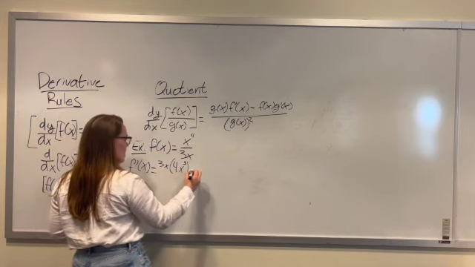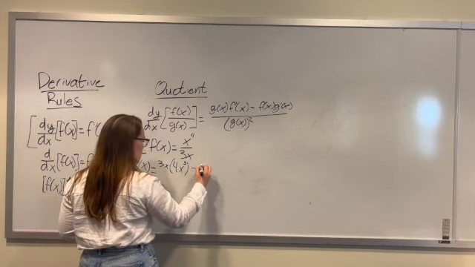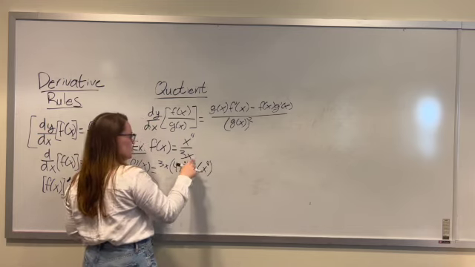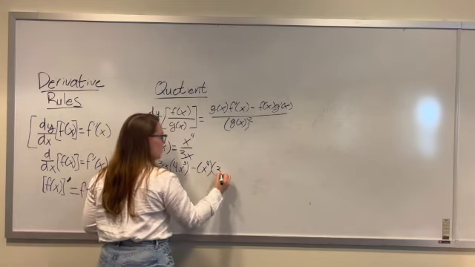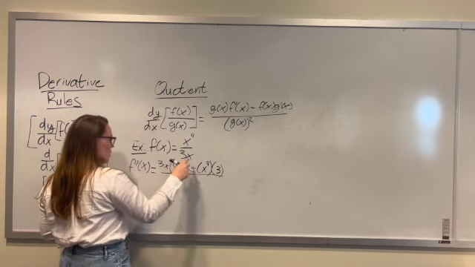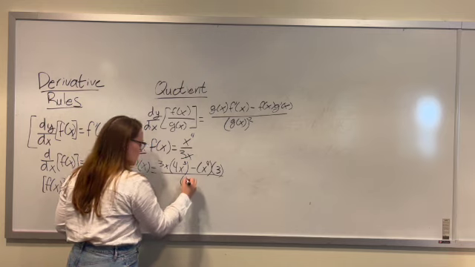So low d high minus high d low, which is just 3, and then divided by low low, which is 3x